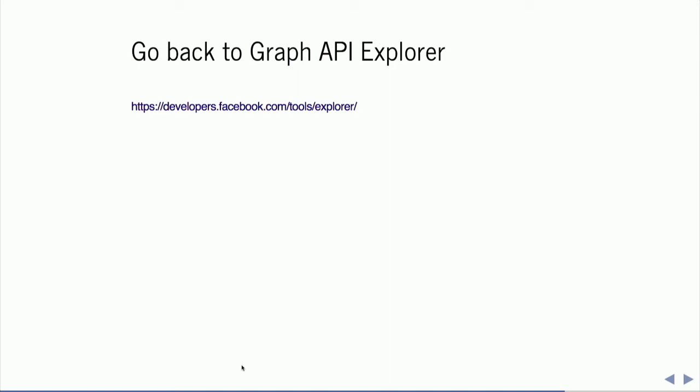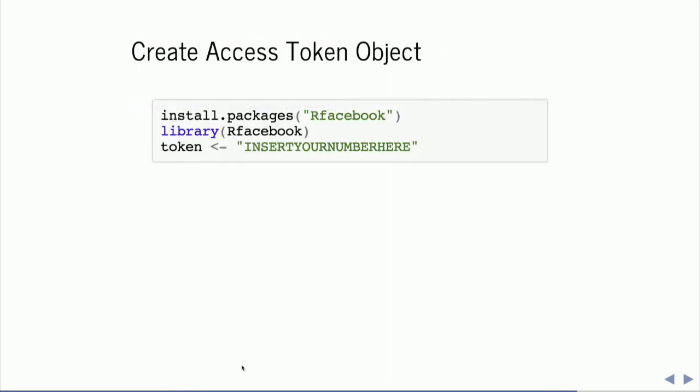There's other ways to authenticate yourself vis-a-vis Facebook, but just for the purposes of illustration, we're going to do a simple way. That access token is actually going to expire after about a day, so we'd have to continue getting the access token this way. We could do a more permanent solution if we wanted to go and register as a developer. But for now, we can make some simple calls by installing the rFacebook package,